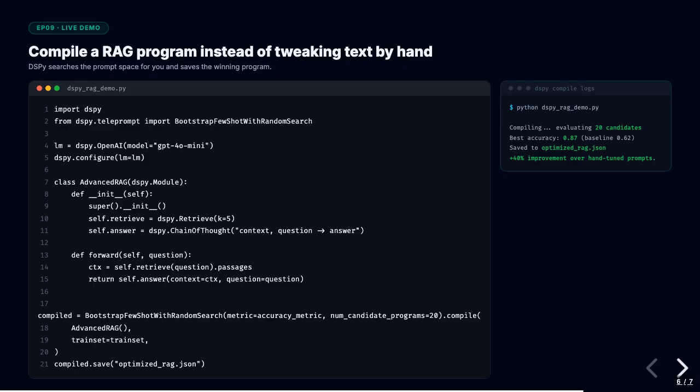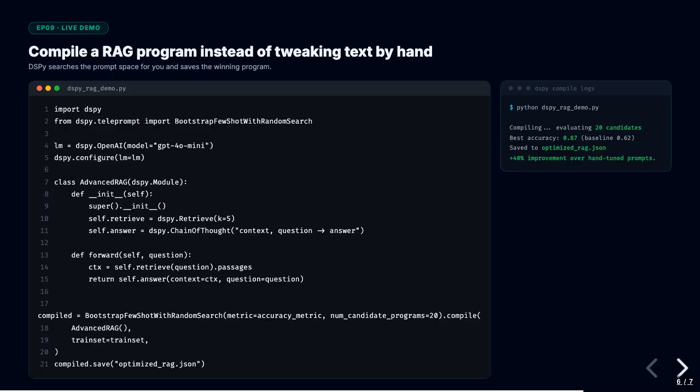Create the optimizer by instantiating dspy.MIPROv2 with your metric and mode set to light for a quick run or medium for more thorough optimization. Call compile with your pipeline, train set, and num trials. Try 20 for a quick experiment, 100 for production optimization. Save your compiled program with pipeline.save, optimized pipeline, JSON. Load it later with dspy.load in production without rerunning optimization. The saved file contains the optimized prompts and examples.